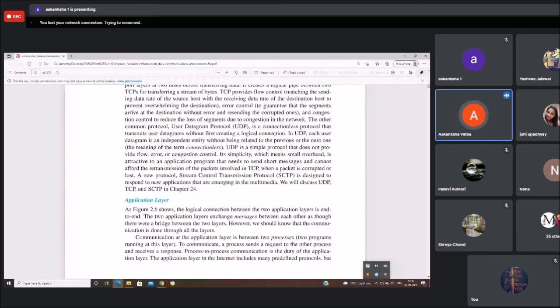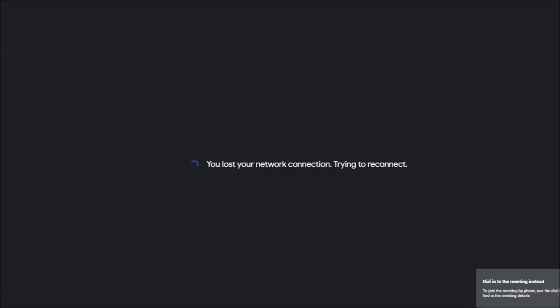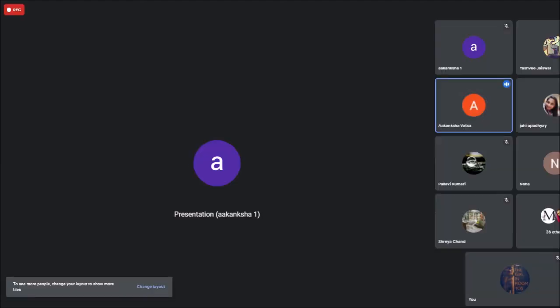Now suppose you may have 3 applications running simultaneously on your mobile phone or laptop. You may have your Yahoo Mail, you may be opening your Instagram also, and you may have WhatsApp Web opened on your laptop. So there are 3 different processes, 3 different applications running on your laptop. That is the application layer. Okay, but each application